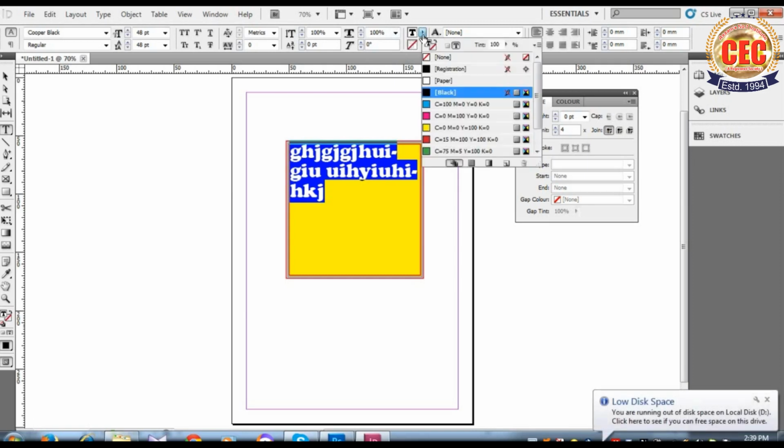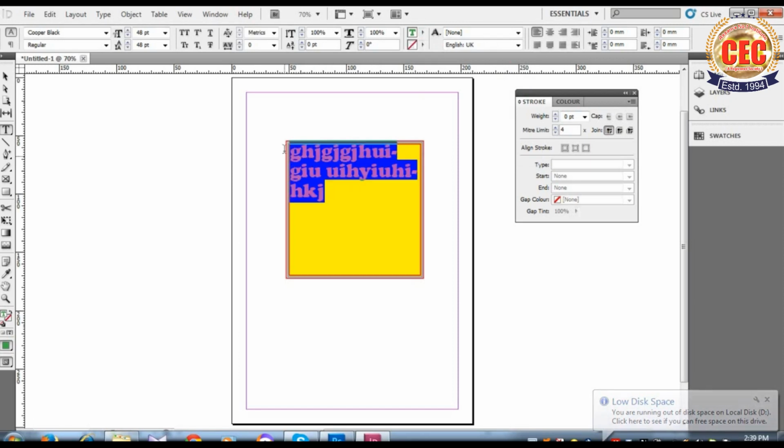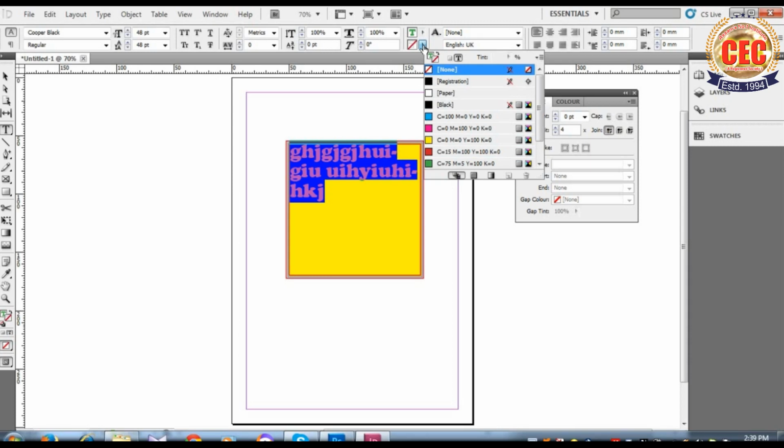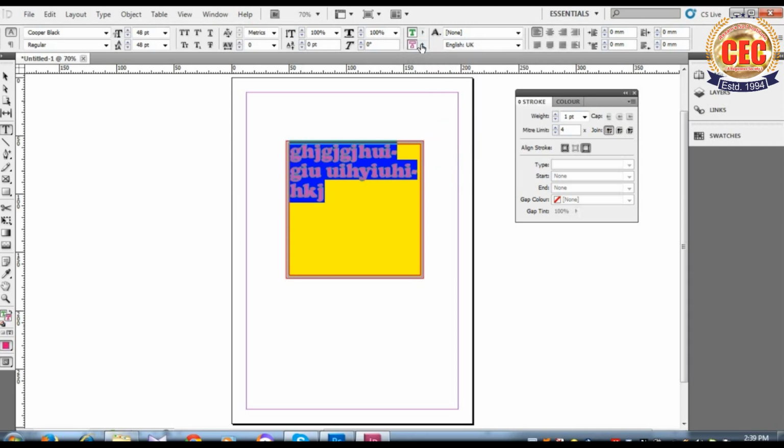Then also we can change the color. We will have to go to this option and select a color from here. The color will be added to the text. Then we can also add stroke to the texts. For adding strokes we'll need to select this option and we can add stroke to our texts. So this is a simple box where I have typed some text and added different formats here.